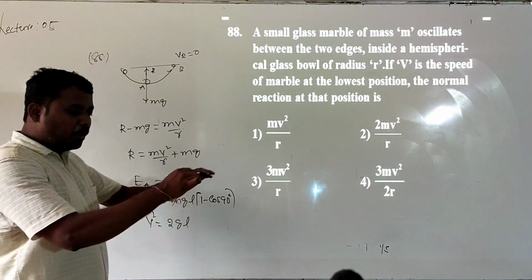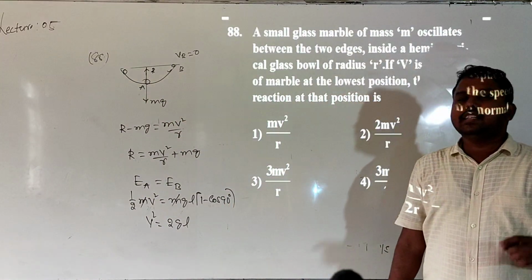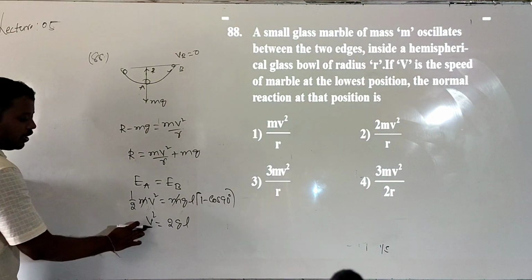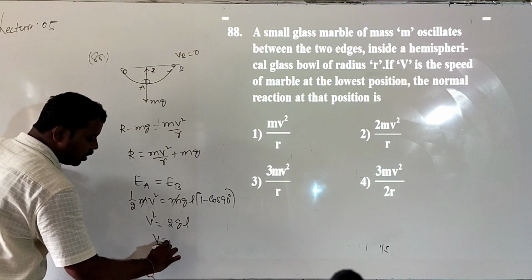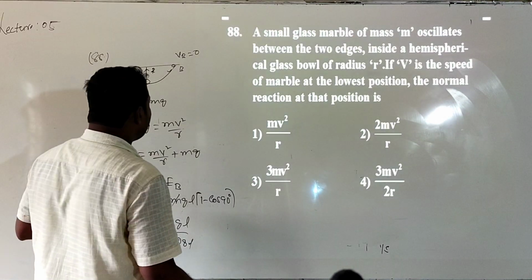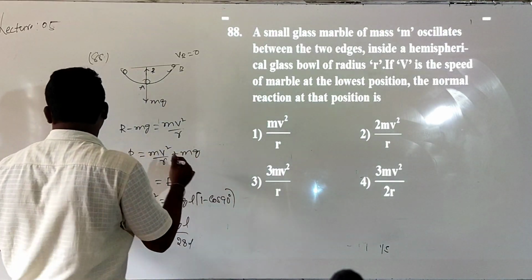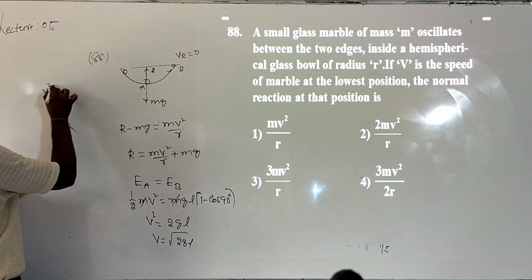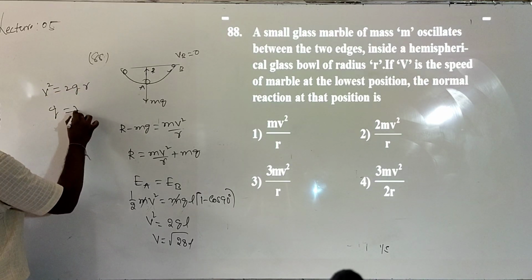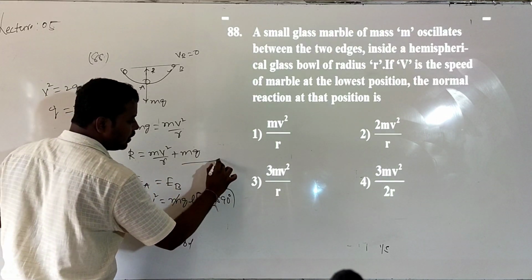Whenever the bob or the ball is going to the horizontal position, the velocity at the lower end will be equal to root over 2gl. So what is the value of v? V is equal to root over 2gl. So therefore, what have I got now? Here we expressed it in terms of radius. So v square is equal to, can I write, 2 into g into r? So the g value is equal to v square by 2 into r. I will call it equation 1.